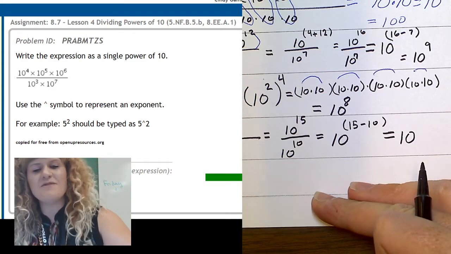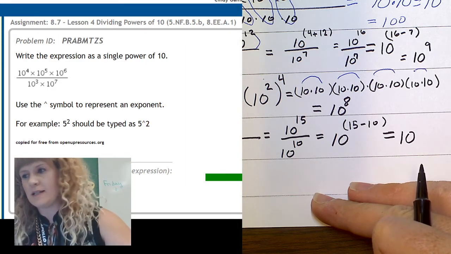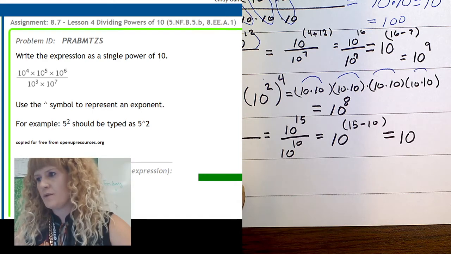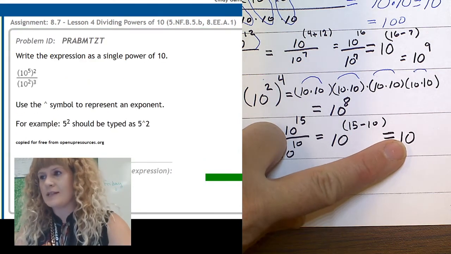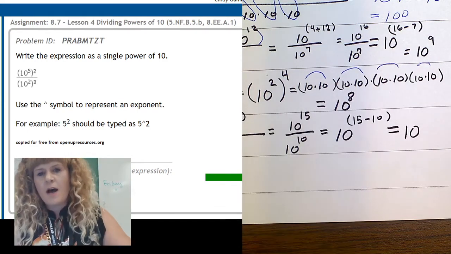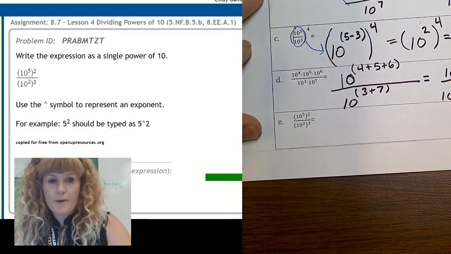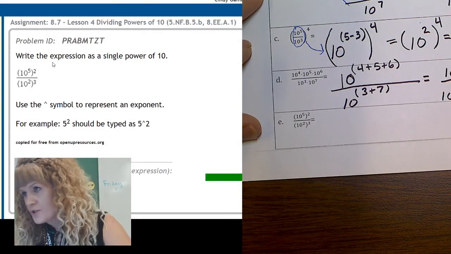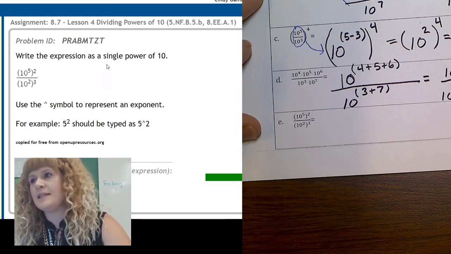Don't wait for me, you do it. I'm going to enter my answer because I can see what it is. You do yours and then go to the next problem. I didn't write it because you should be listening and thinking. Okay, problem E. On the paper, problem E. On your screen, it's problem